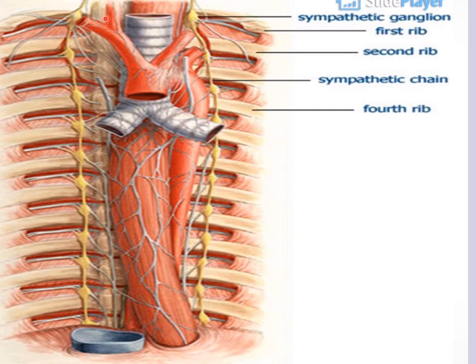Now in this diagram also we can make out the thoracic part of the sympathetic chain on the right and left sides. The first thoracic sympathetic ganglion is known as the stellate ganglion because it fuses with the inferior cervical sympathetic ganglion. The second, third, fourth, fifth, sixth, 7, 8, 9, 10. So in total you see 10 to 12 thoracic sympathetic ganglia present in the thoracic part of the sympathetic chain.